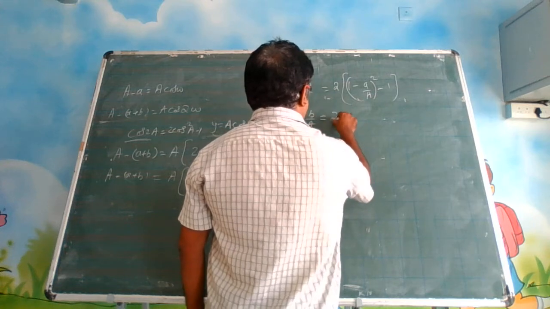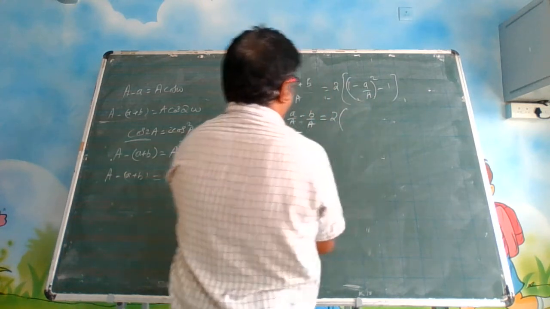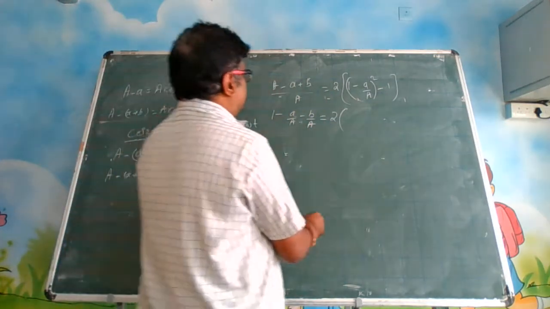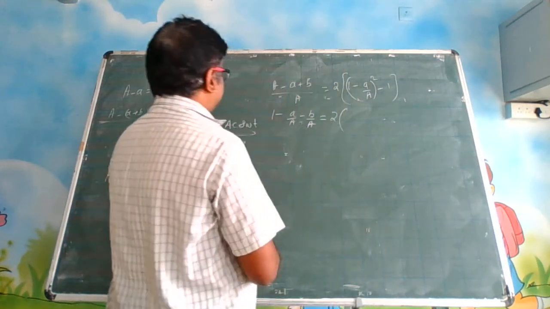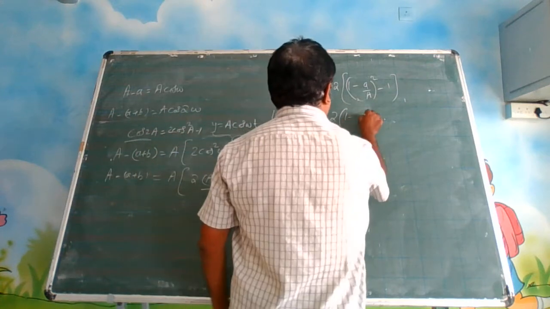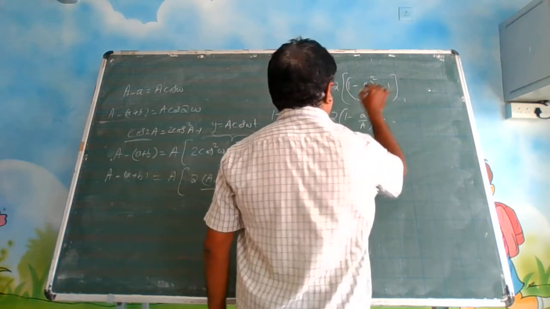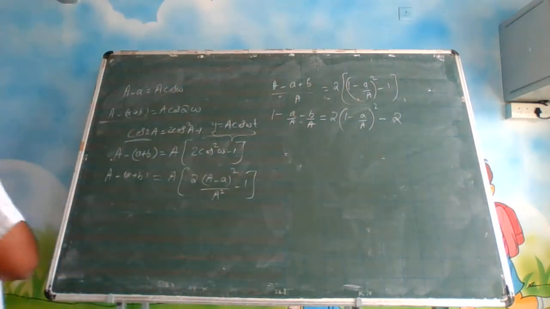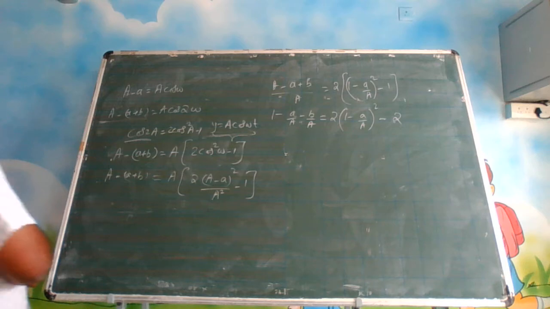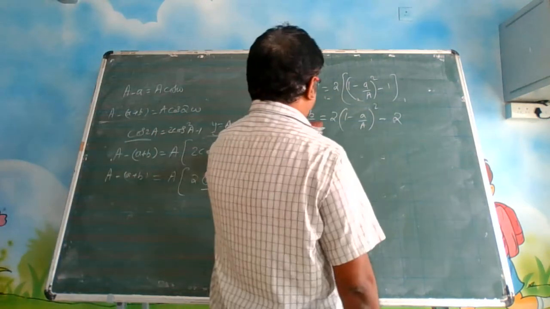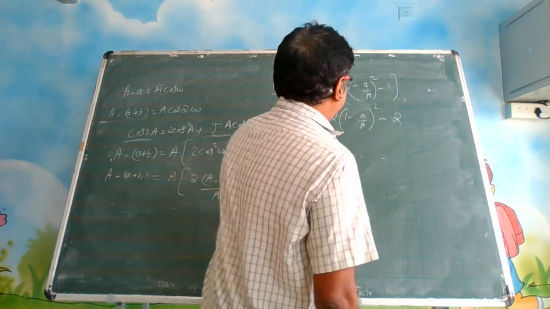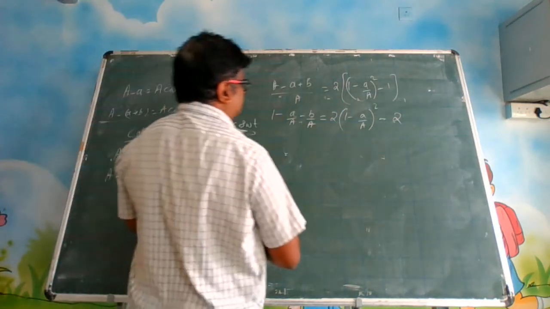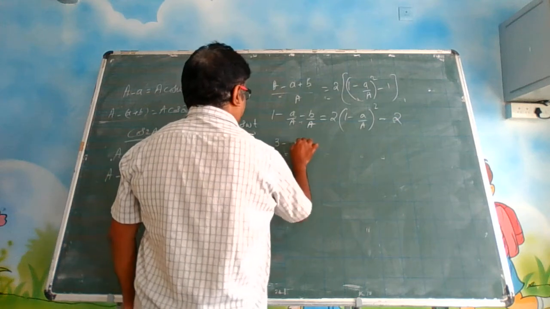so this is 2 into, if you expand this, what are you getting? Again you are getting a square. So a square minus b square we will use. No, okay, let me just put it. A minus a by a minus 2. Are you right? Yeah. 1 minus a by a, 2 into 1 minus a by a whole square minus 2. Okay. So bringing this to this side, it is becoming a by